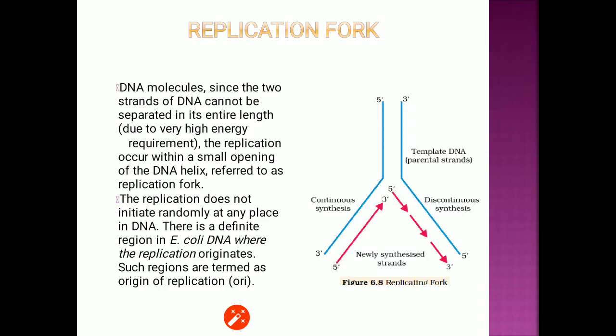So it depends upon complementation, that whatever base is present on the parental strand, in front of it, in the newly synthesized one, there will be a complementary base. Suppose there is adenine in the parental template, in front of it there will be only thymine. If there is cytosine, then in the newly synthesized one, there will be the nucleotide which has the guanine base, because C pairs up with G and A pairs up with T. C and G are paired by triple bond, and A and T are paired by double bond.